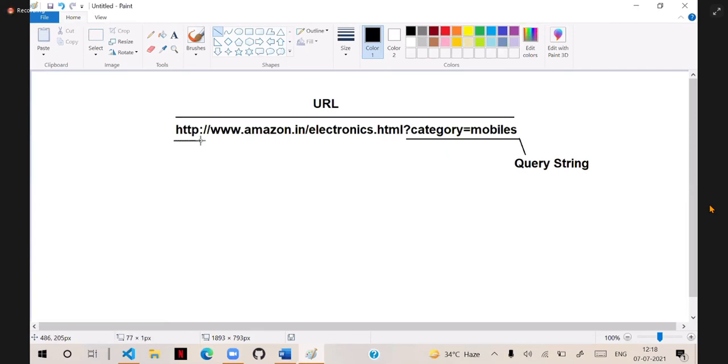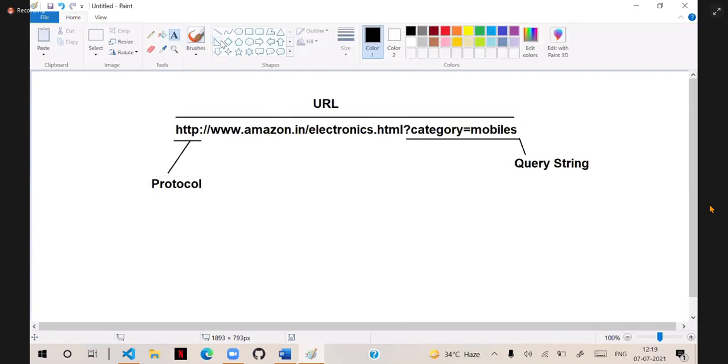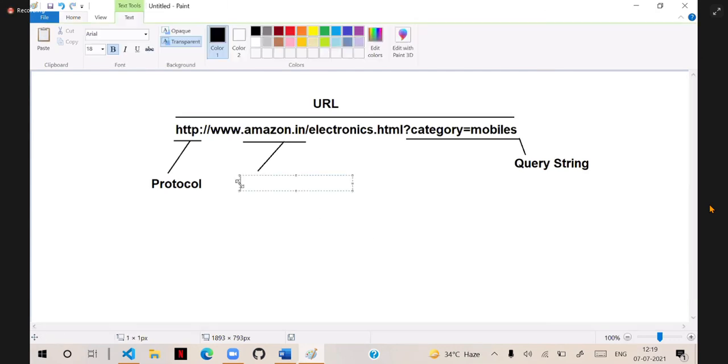And this is HTTP. I will tell you in detail in the points. This is called protocol. And this, Amazon.in, only that part is called domain.